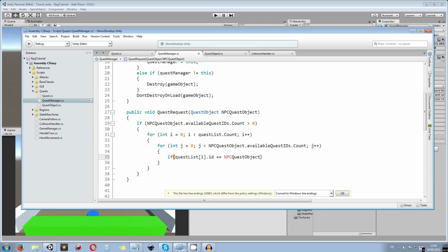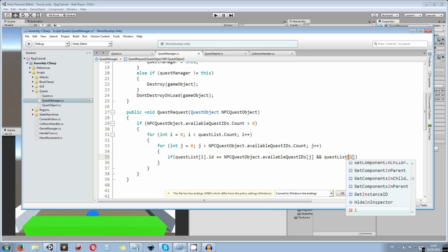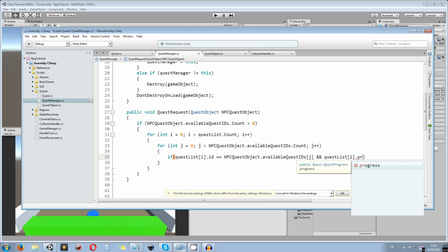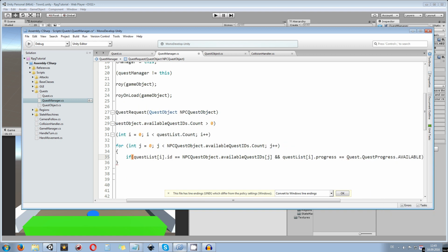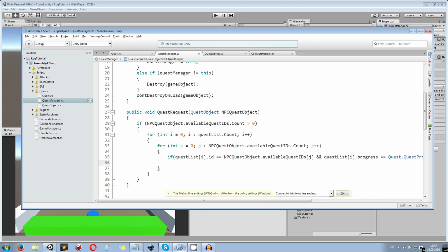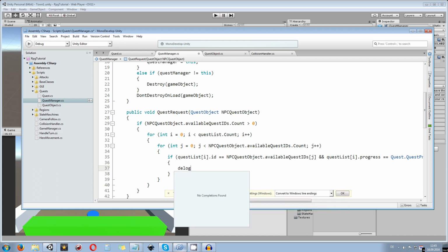object dot available quest IDs in square brackets j, and any of those in the quest list I dot progress is going to be available, so it is equal to quest progress available, then we want to basically return true or do something. As I said, I might go over and change this later on a bit, but currently I know this is working pretty good. So what we do for now is just pass over a debug line,